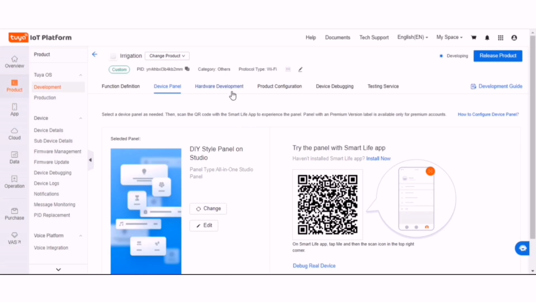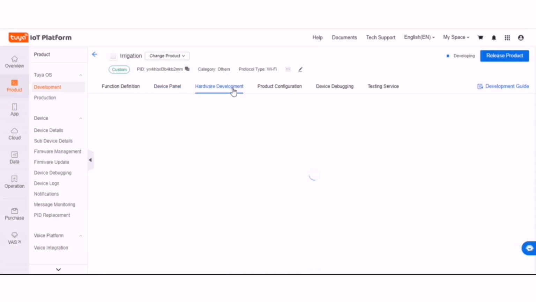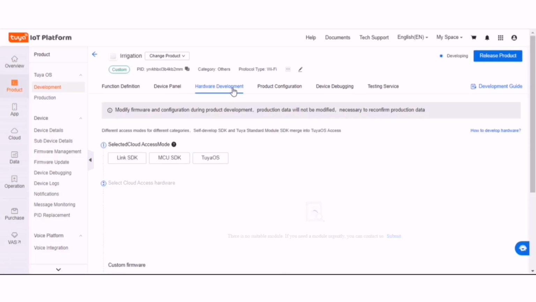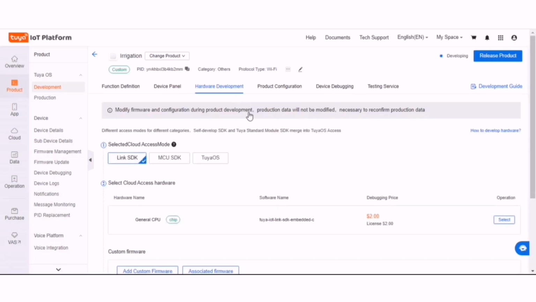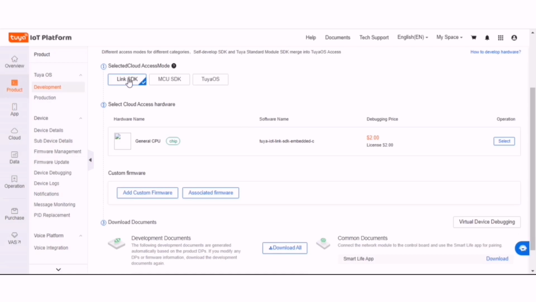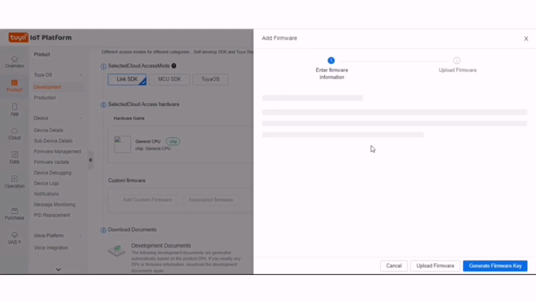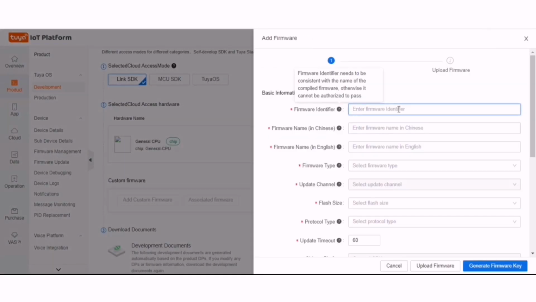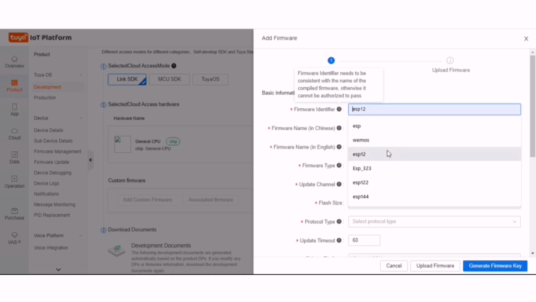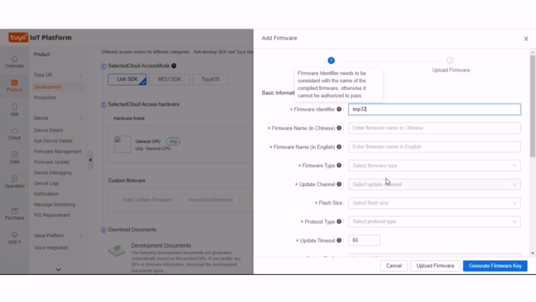Next part of this is hardware development. In the Link SDK section, we will select General CPU for our project and set our custom firmware. Enter your firmware identifier like ESP32.